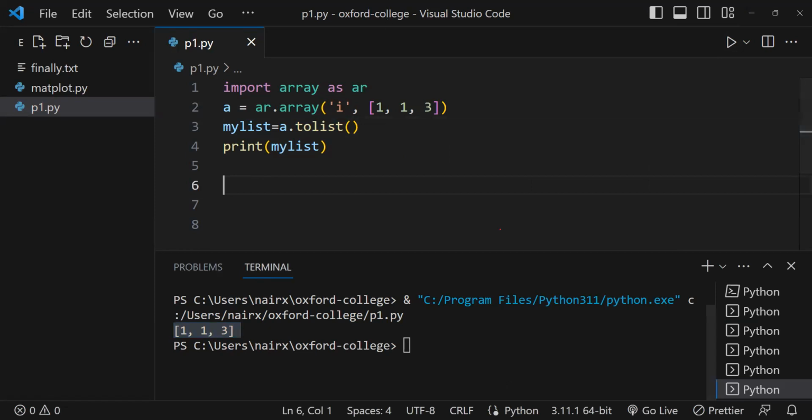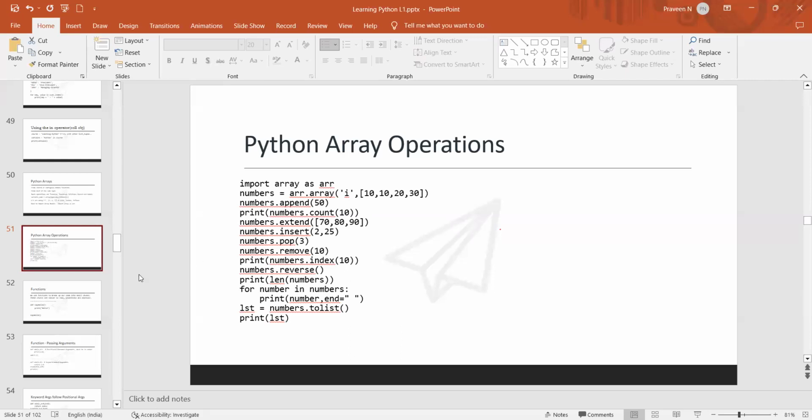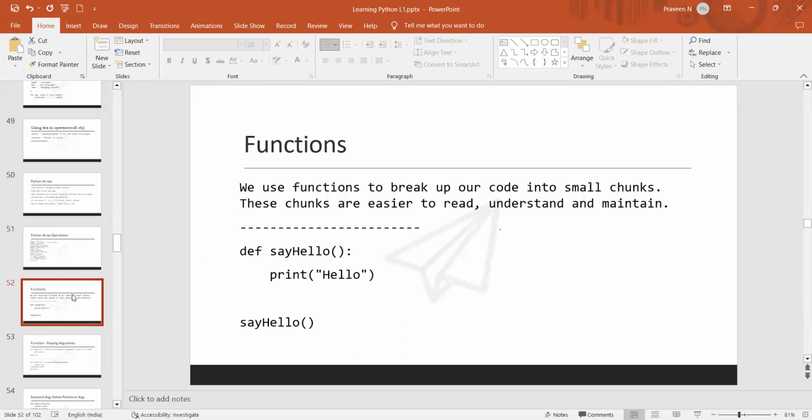All right. So that is pretty much about array operations. Now we get into